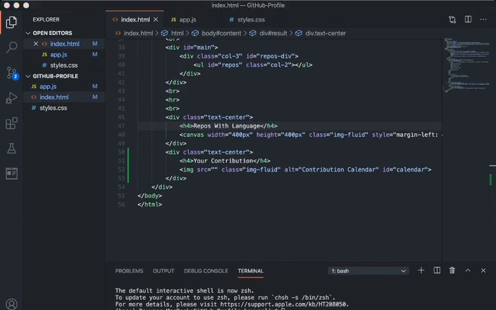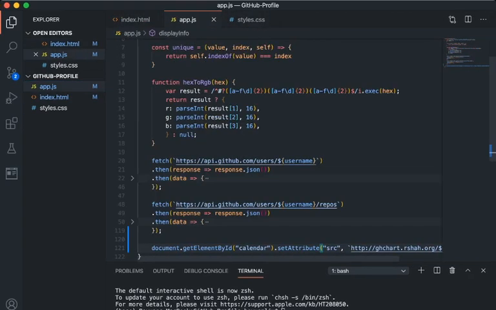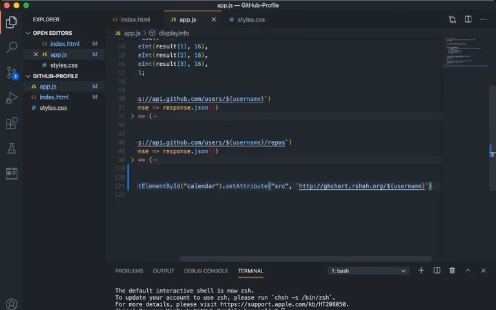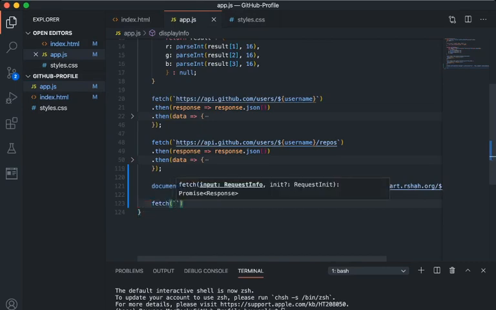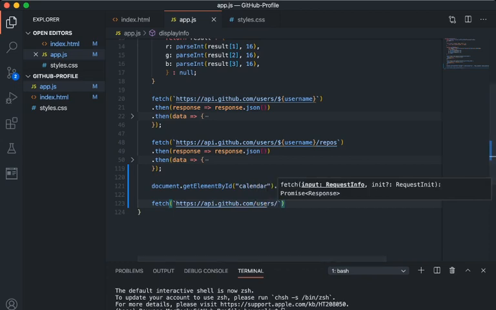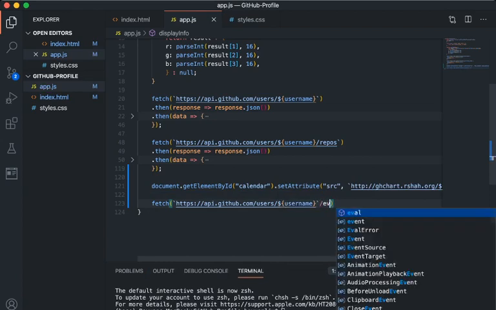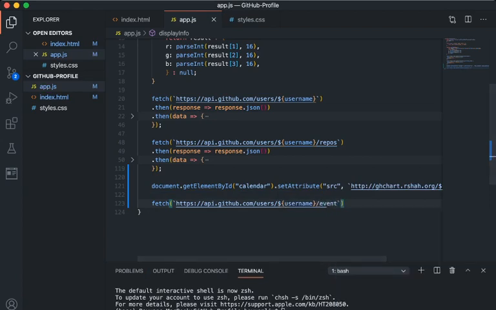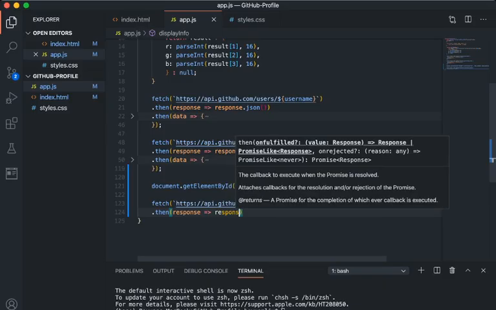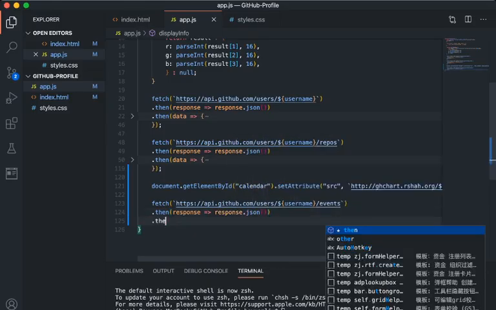In here, we'll add our final fetch, and this time the endpoint is going to be slash users slash username slash events. Then response.json, data,